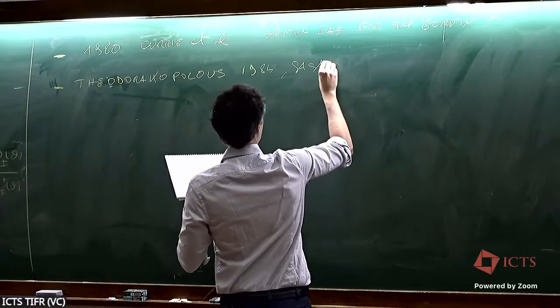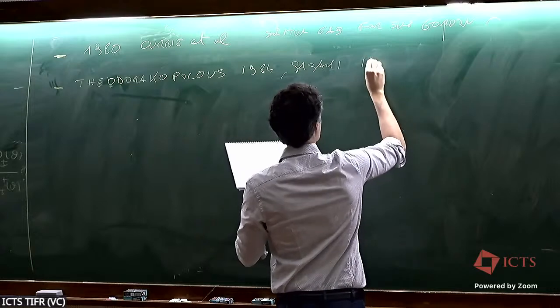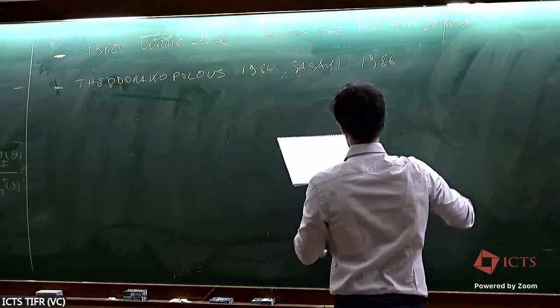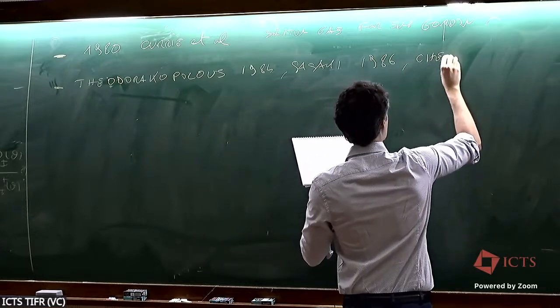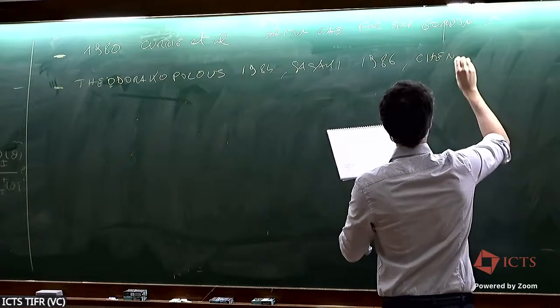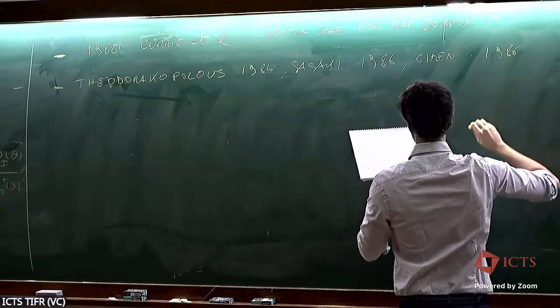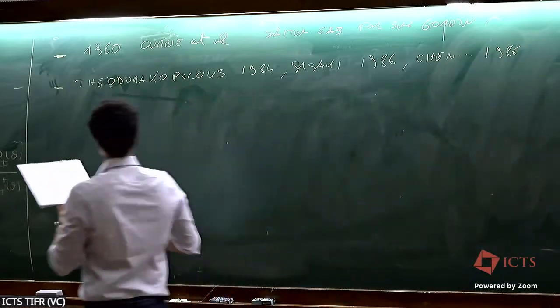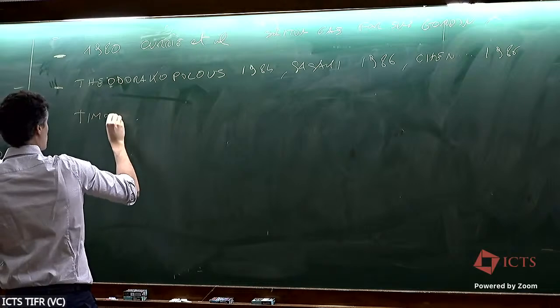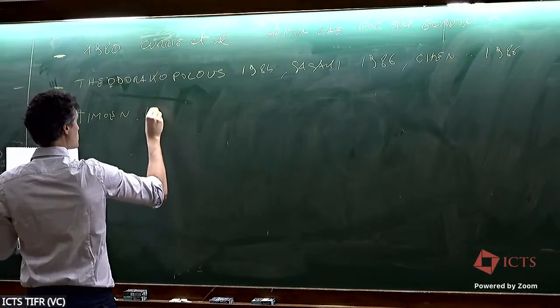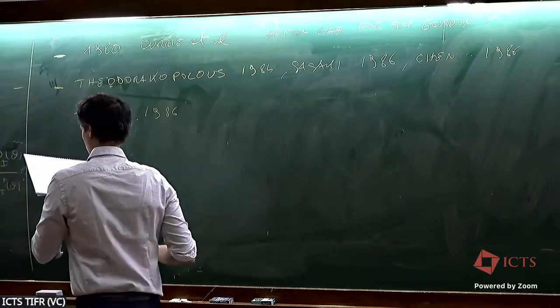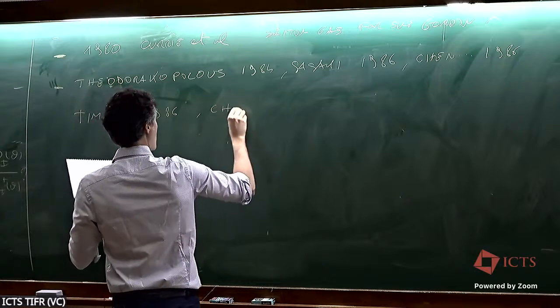I'm writing only the first name, but actually there are collaborations, okay? 96, then Chen, other people, again in 86. And all these people try to approach this problem with slightly different methods, slightly different results, and keep in mind